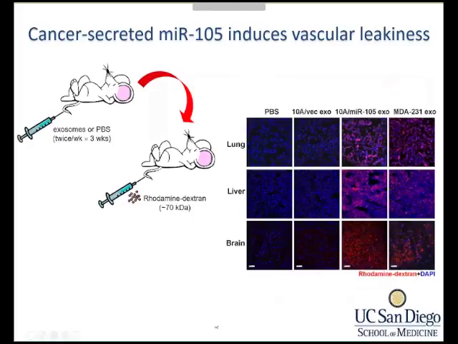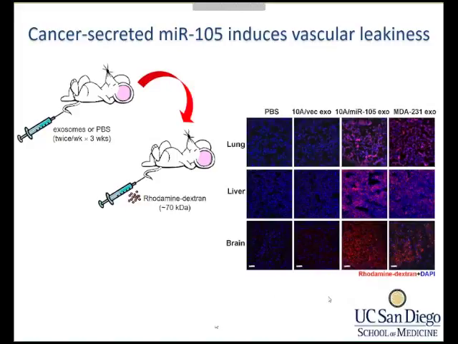So as seen here, mice pre-treated with exosomes with high miR-105 indeed show significant leakage of the red dye into multiple organs, whereas normal mice or control mice treated with normal cell-derived exosomes still show a pretty intact vasculature in